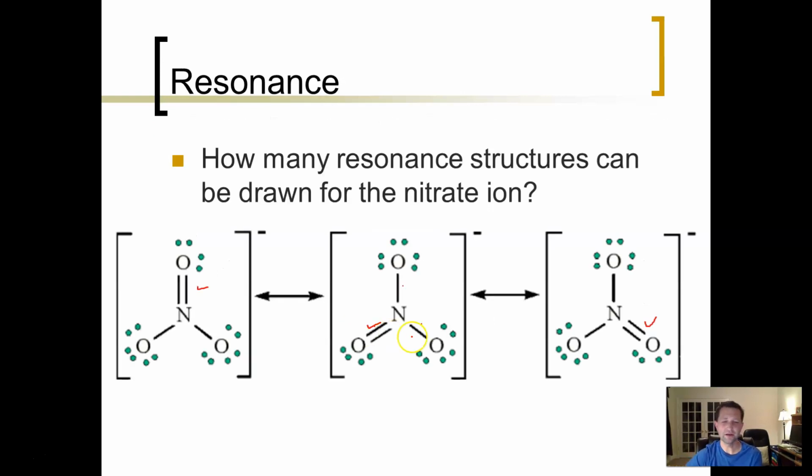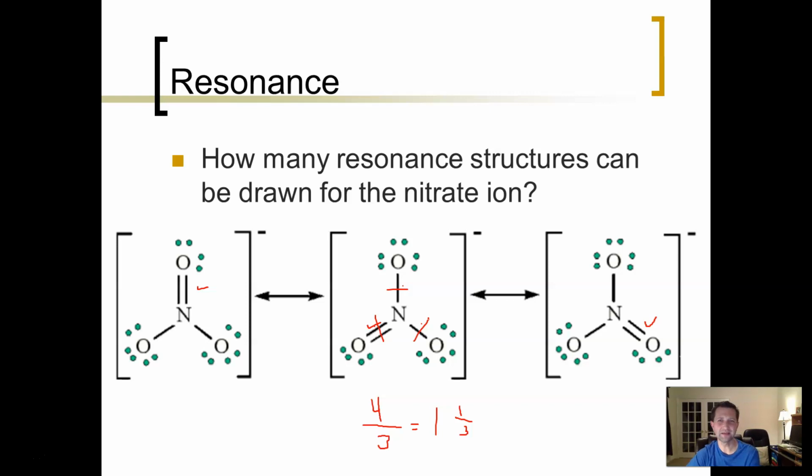So here, how did I come up with the answer that I did? Take your number of dashes. For each of these, you have 4 dashes, divided by the number of domains, that is 3. And that's exactly what I said you end up with. This is 1 1/3. So the bond order here is like I have 1 1/3